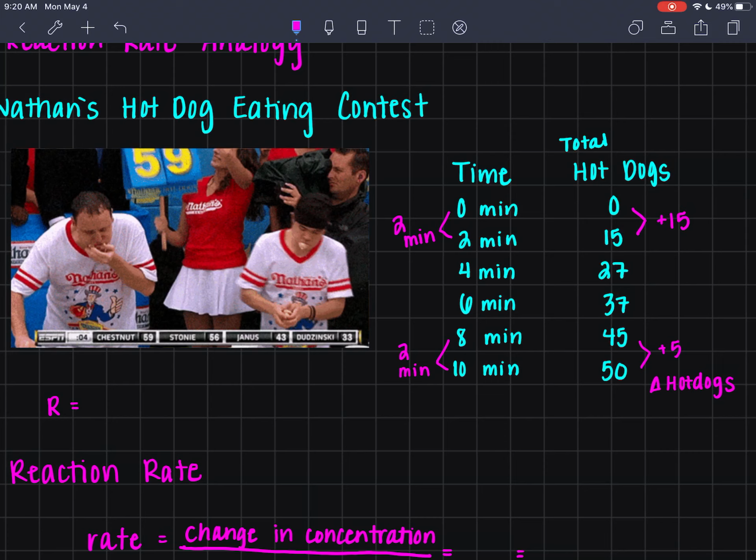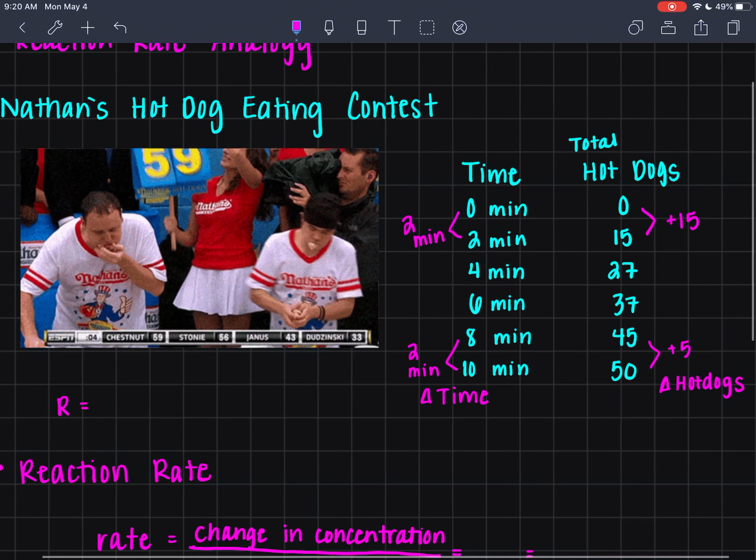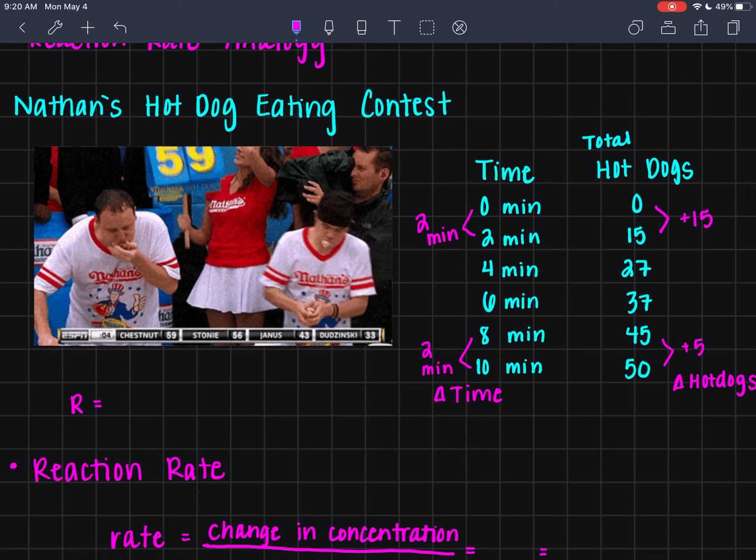So my other pink values, 2 minutes and 2 minutes, these are not moments in time. They're not reflected on the stopwatch. These are intervals. This is my change in time. So by comparing my change in hot dogs and my change in time, I get the rate at which I'm consuming hot dogs. So the rate for this hot dog eating contest is comparing your change in hot dogs to